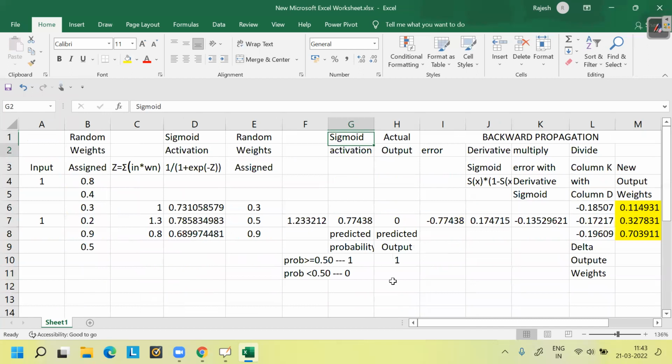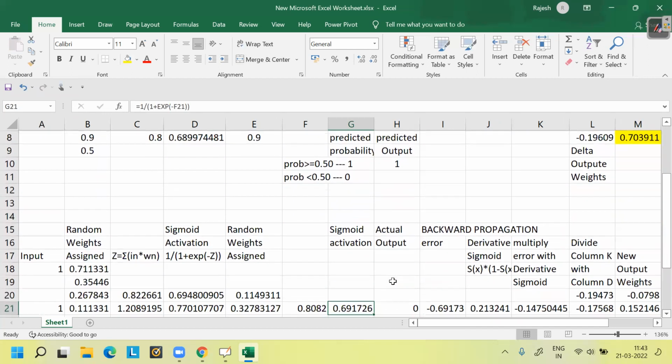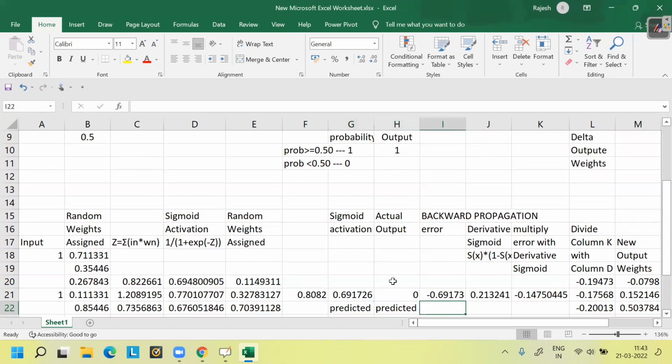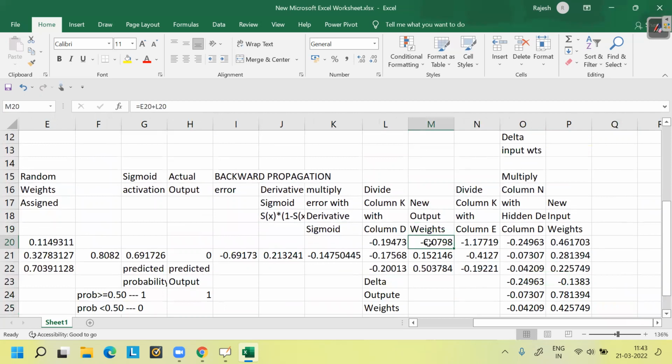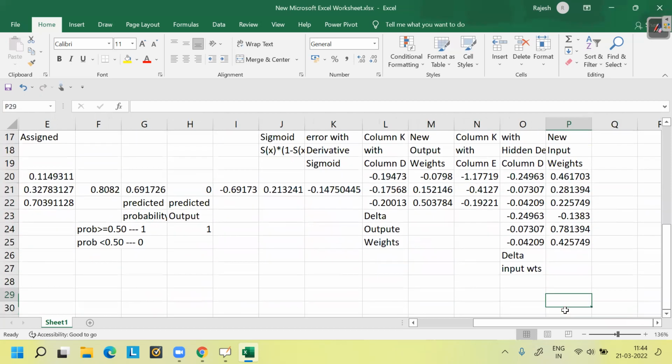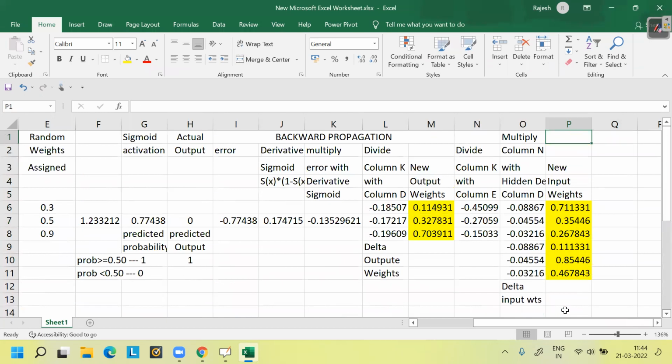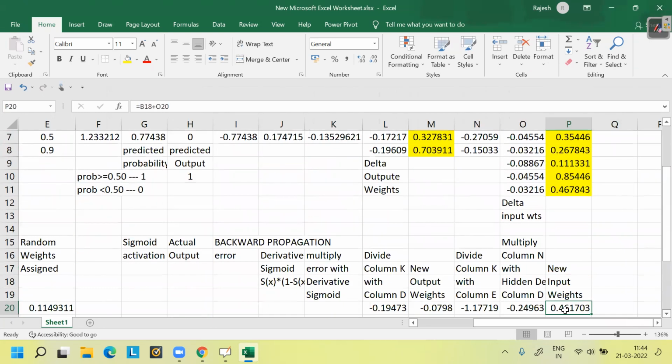The error came down from 0.77 to 0.69, and it has already calculated new output weights. These are the new output weights calculated in iteration 2 and the new input weights calculated in iteration 2. It automatically calculates these things. So go back to iteration 2,